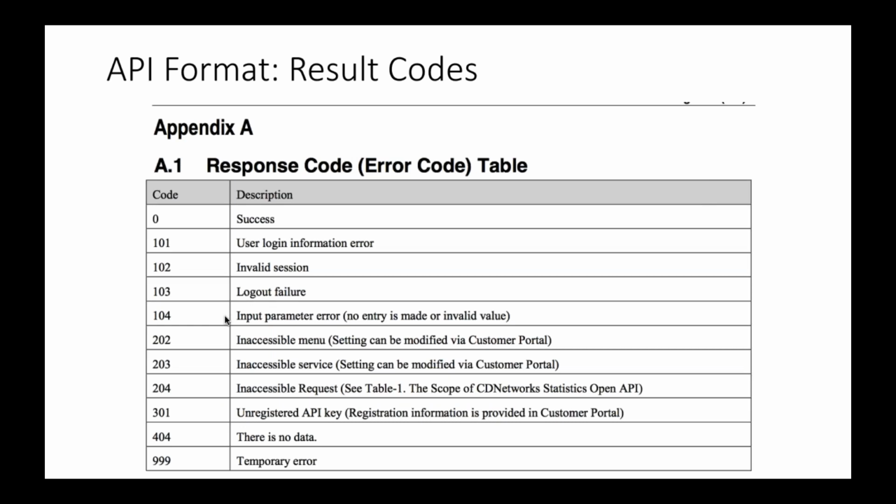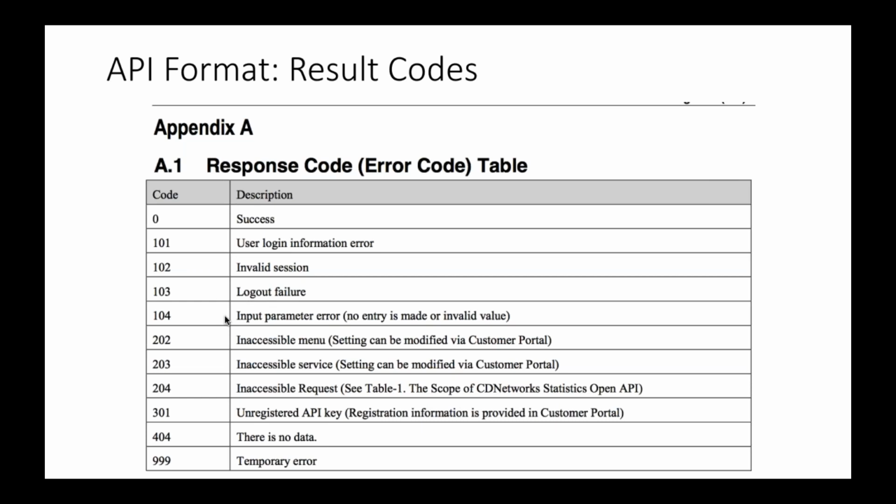Here is another important thing to cut out and post on the side of your cube. These are the error codes that you get when using the API, and 0 is going to be success. So if it comes back with a 0, which in some languages is false, that'll actually be success. That's pretty common in the API world. That way, you can reserve all of these other positive numbers for